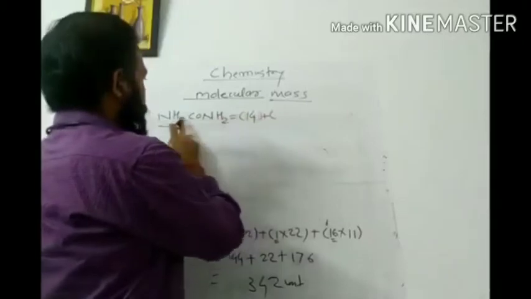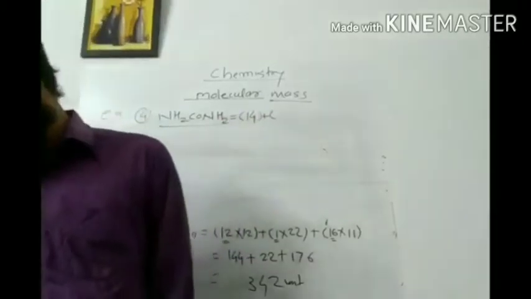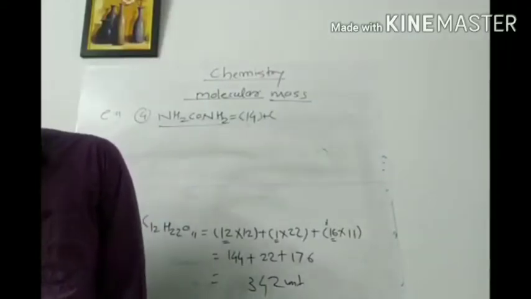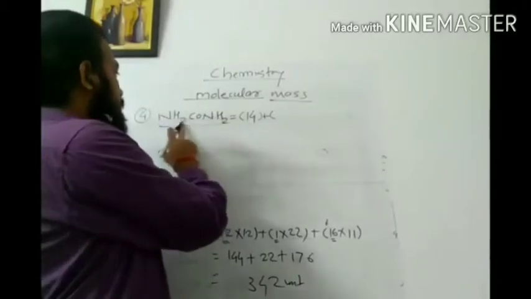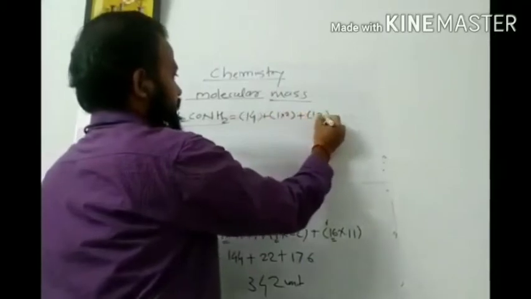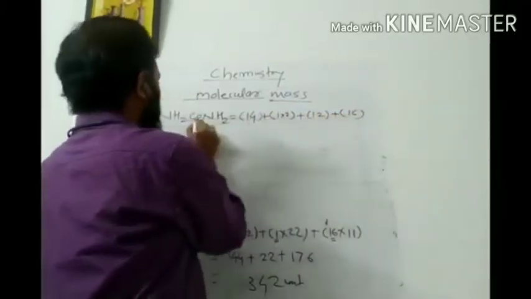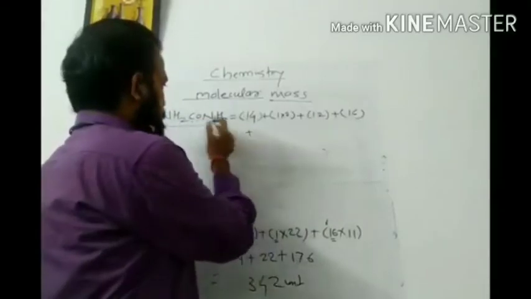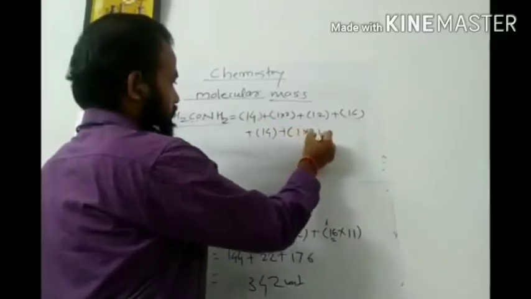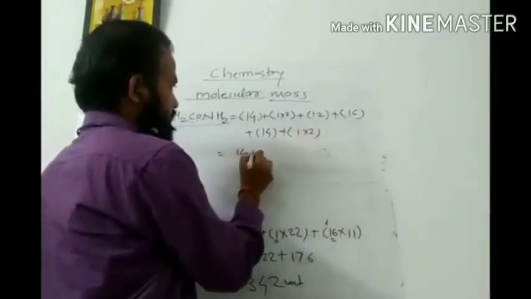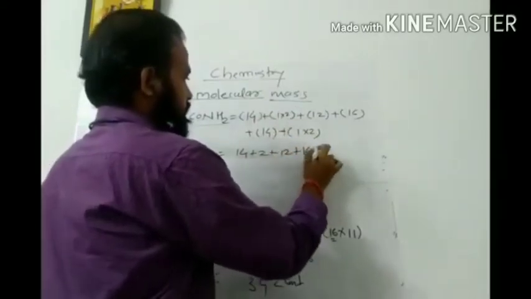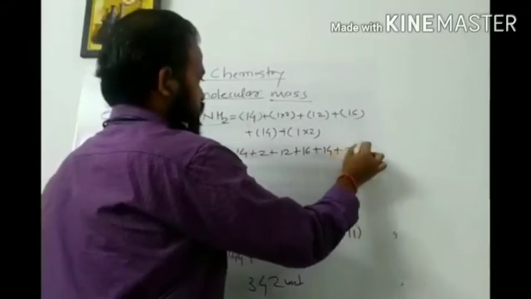plus 2 atoms of hydrogen. Only one atom of nitrogen is there. So for nitrogen it is 14, plus H2 means 1 is the atomic mass into 2, plus for carbon it is 12, plus oxygen it is 16, only a single atom, plus again nitrogen plus 2 atoms of hydrogen. Okay, so if I add it, 14 plus 2 plus 12 plus 16 plus again 14 plus 2,